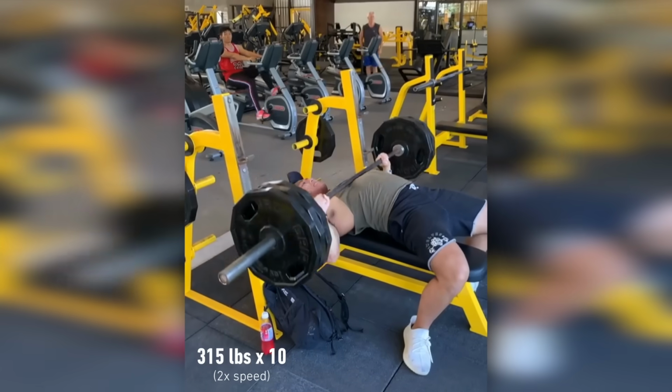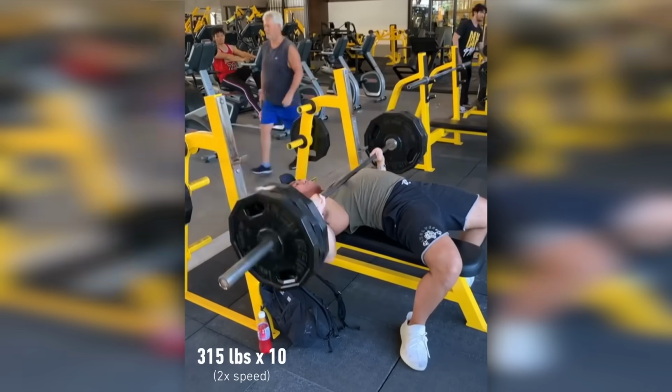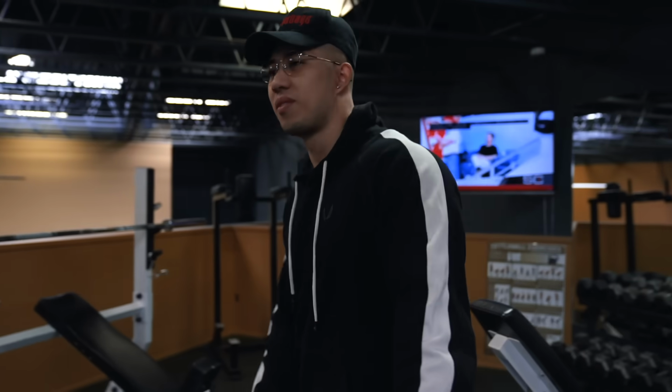So I'm just gonna fire a bunch of tips at you guys, and then Pat is gonna talk about some things he's done to get his bench all the way up to now 405 for 2, which is great. Anyway, first tip is gonna be